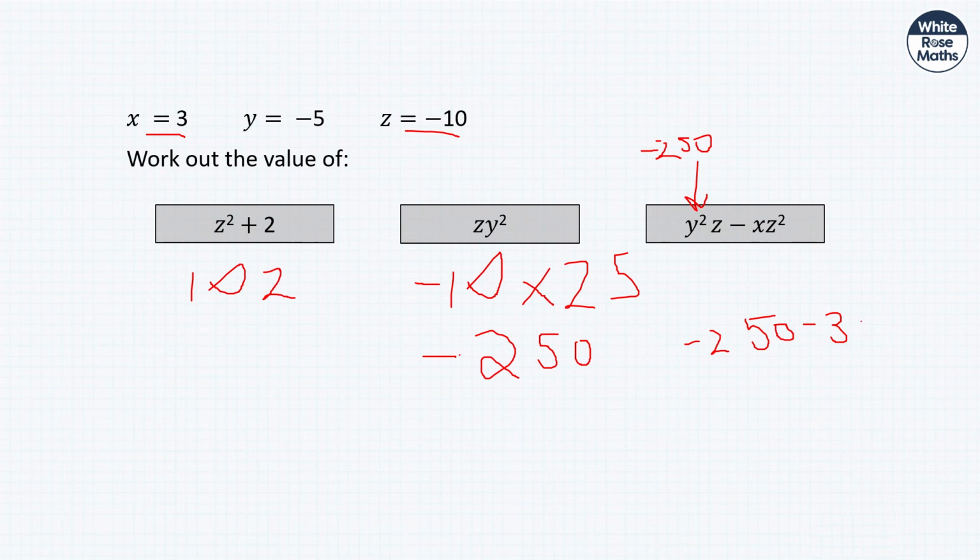Okay. Again, sorry that I've done it in that one big step there, but essentially I've just substituted it in. We have 3 lots of minus 10 squared. Okay, if you work this out, it will give you 300, and then I'm actually subtracting it because of that minus sign there at the front. So that gives me minus 550, guys. Okay,